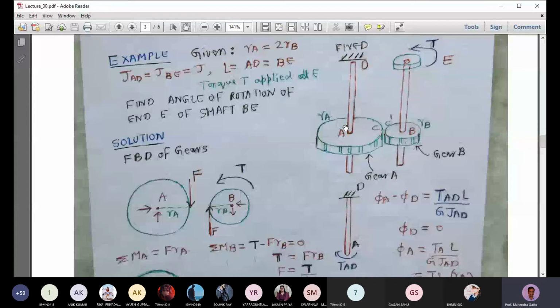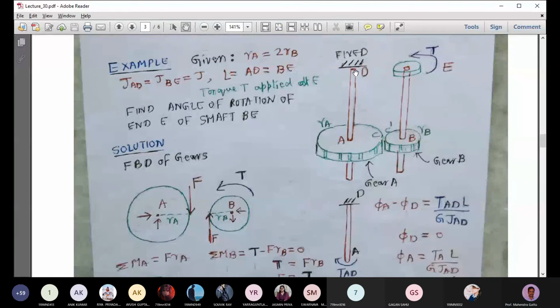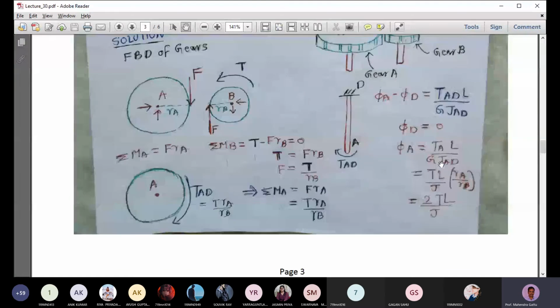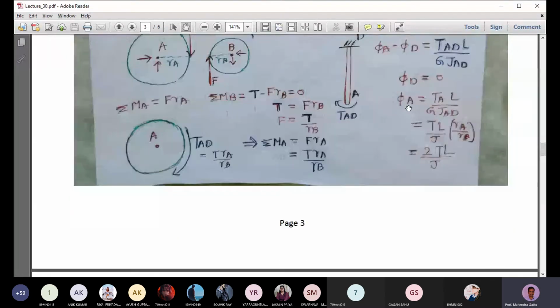Now we can find out the angle of twist being produced. So phi A minus phi D. Phi D is 0, as it is fixed at the other side. So phi A is TL by GJ for segment AD. So we get TL by GJ, and T happens to be 2 times T, so 2TL by GJ. That is the angle of twist phi A. Now what we'll do next is